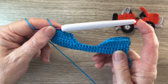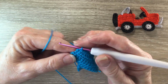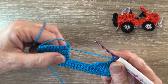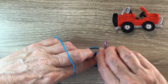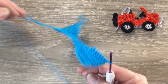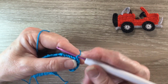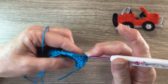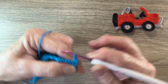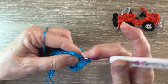And that's the body done, except for the neatening row. For the neatening row, we work 1 chain, and I'm going to turn my work because I'm going to have my Jeep facing the same way as this one. And we're going to work single crochets around the whole piece of the body. So we work a single crochet into each stitch along the top,